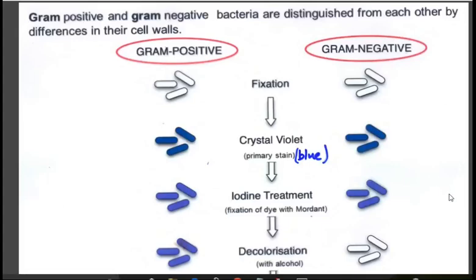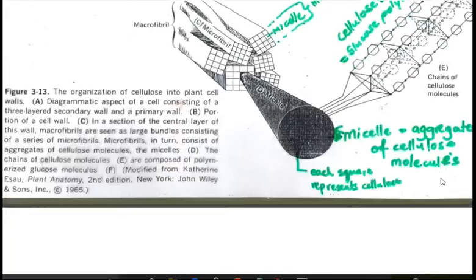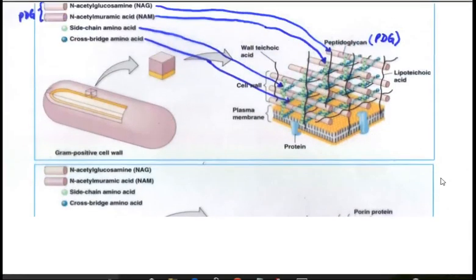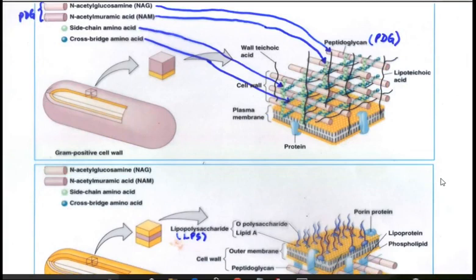Well, we looked at the procedure of Christian Gram. Now let us look at the interpretations that were later given to this observation. It was later observed that bacterial walls are of two types, and the two types are mainly due to the difference in thickness of this